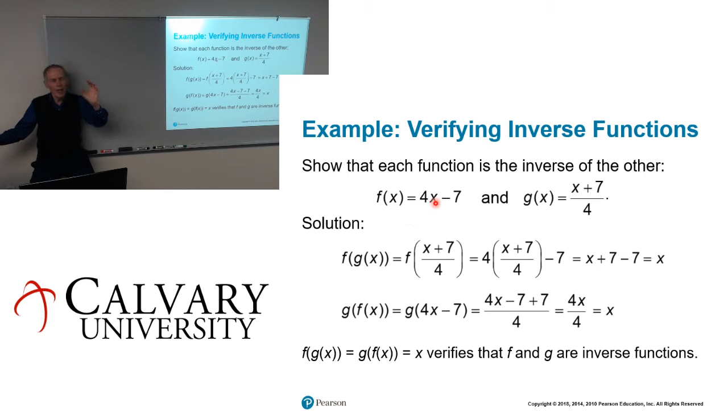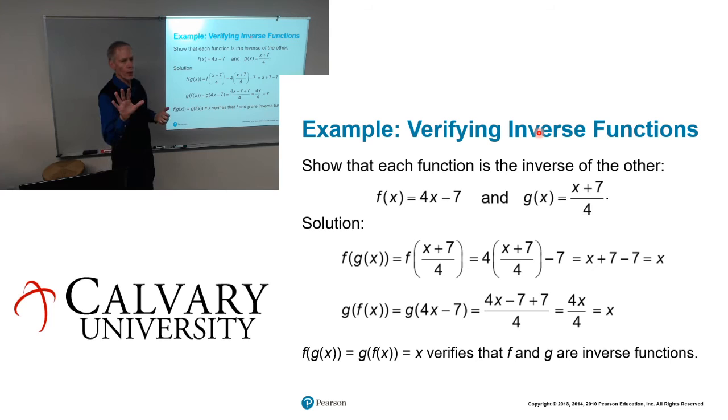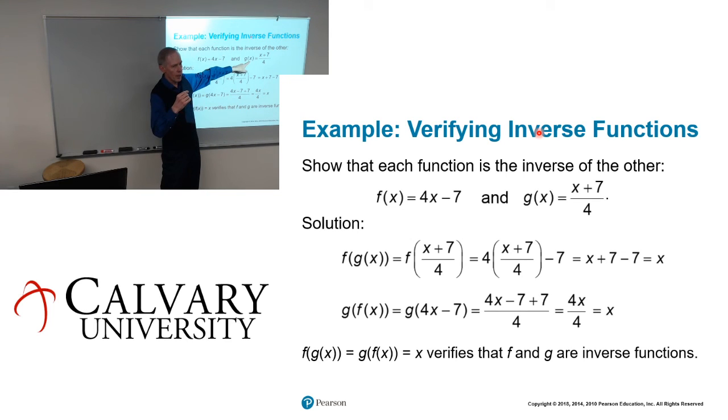If you took any number you can think of, you multiplied it by 4 and then subtract 7. The inverse of that would be to add 7 and divide by 4. So, for example, you can take any number you want to, and I'll just show you how it works. Suppose we started with the number 5. What is f of 5? Well, f of 5 means 4 times 5, which is 20. 20 minus 7 is 13. What is g of 13? Well, 13 plus 7 is 20, and 20 divided by 4 is 5, and that gets you right back to